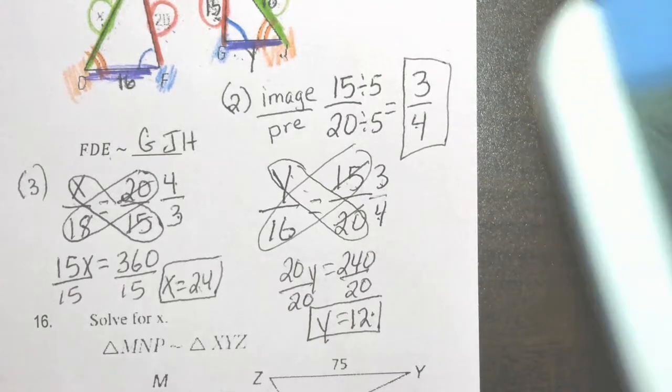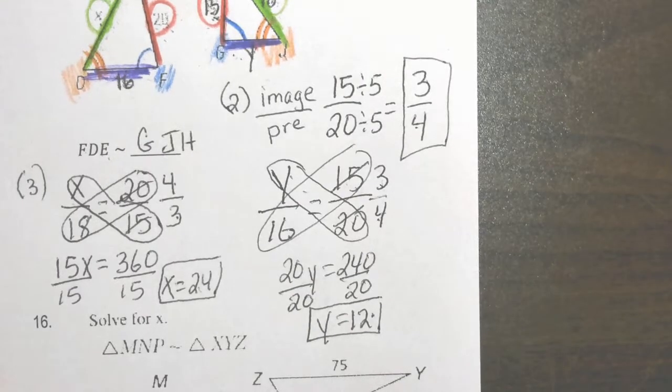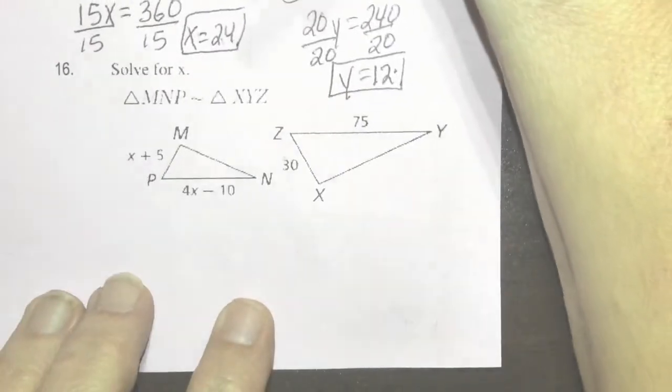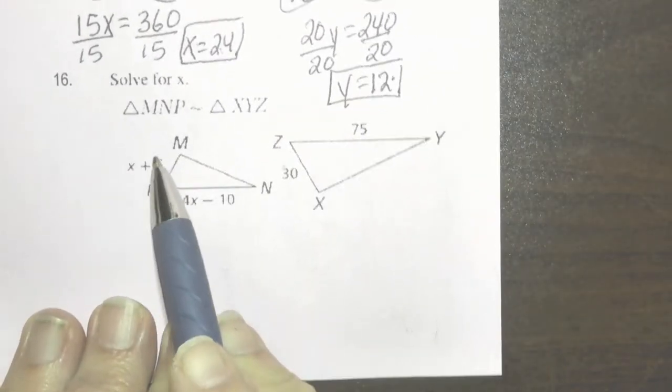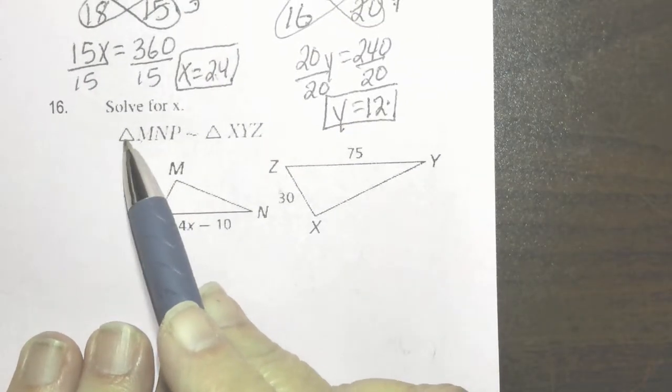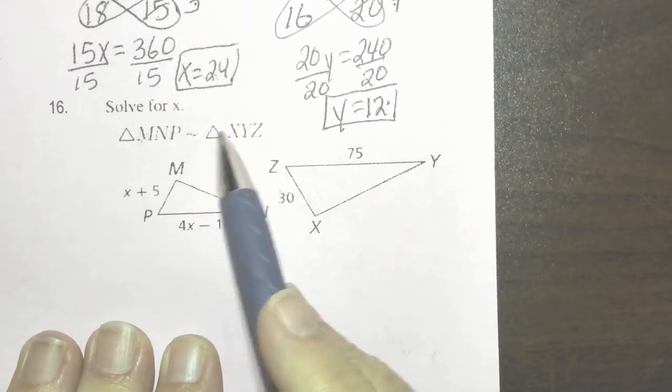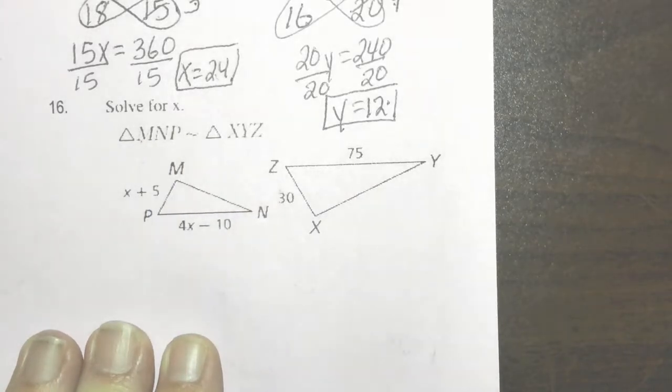All right, now we're going to do 16 together. 16 is rather challenging. All right. They gave us a similarity statement. Triangle MNP is similar to triangle XYZ. So I'm going to use that statement to color code. So that means that